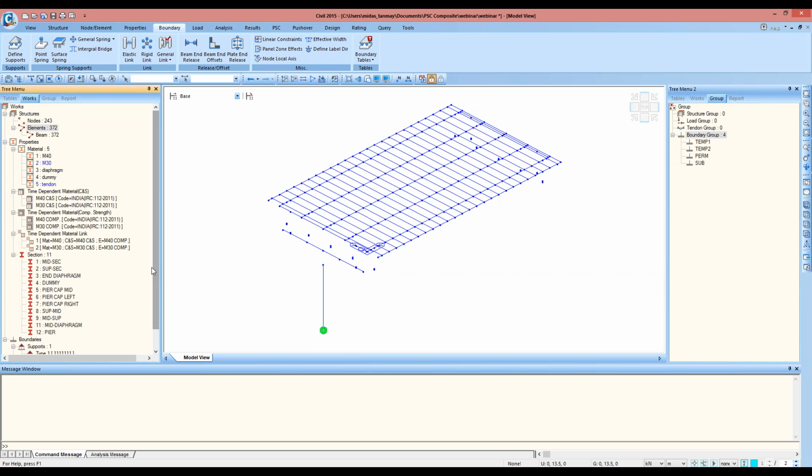So the boundary conditions for the substructure have been completed. Now I'll add the permanent supports. As we know, the permanent supports will be just below our diaphragms, the mid diaphragm and the end diaphragm. So for doing that, first of all,